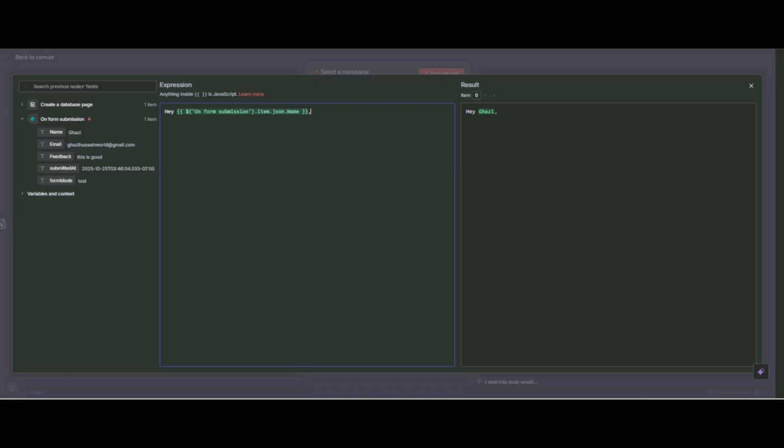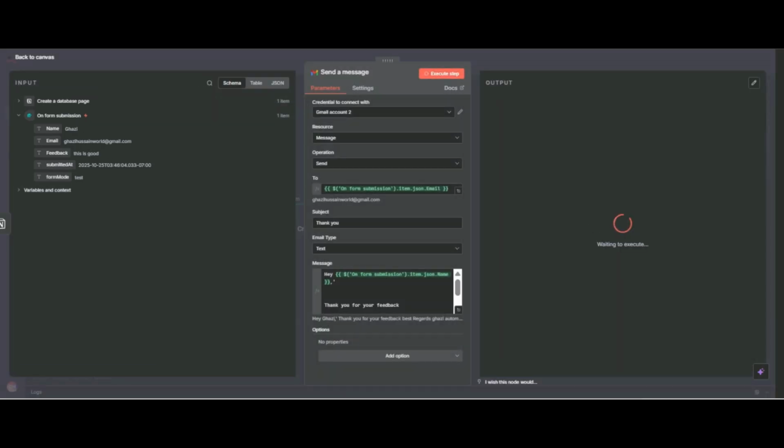So I will drag the name JSON and say thank you for your feedback, and best regards, Ghazi Automates team. Now I will click on execute.